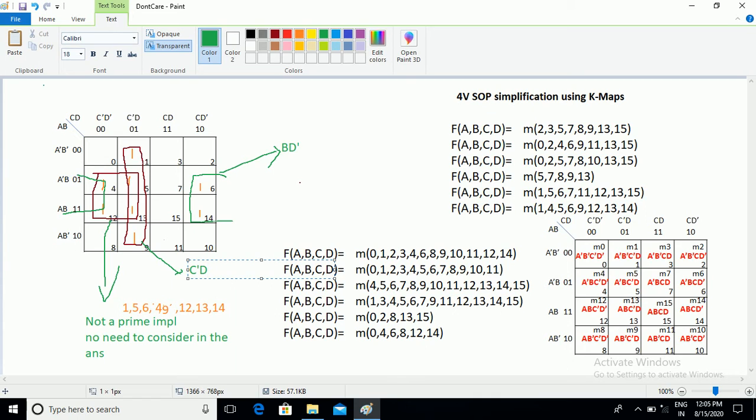So this is the difference you must remember. Here I want to explain the difference between one problem and another, and how students get confused. You have to remember only a few things that cause confusion, such as a non-prime implicant. This is a non-prime implicant, and you should not consider it in the answer. Okay, let us go to the next example.